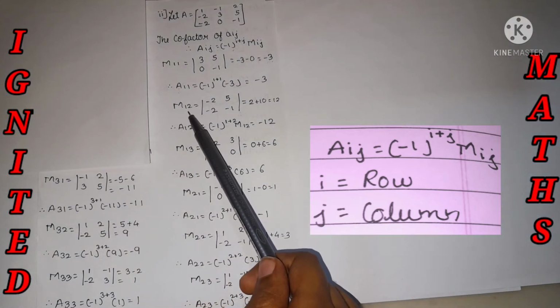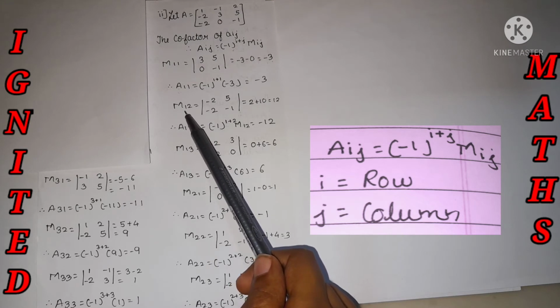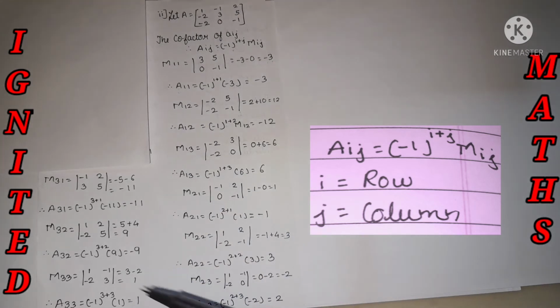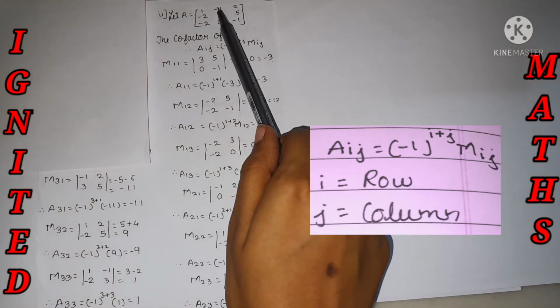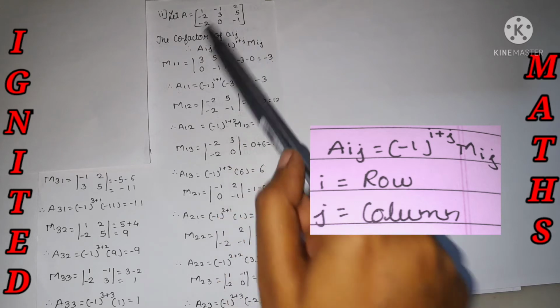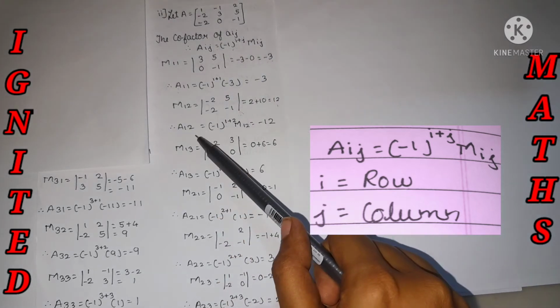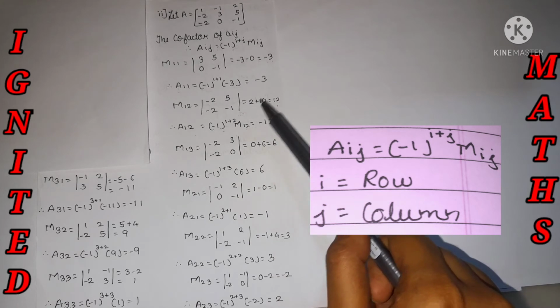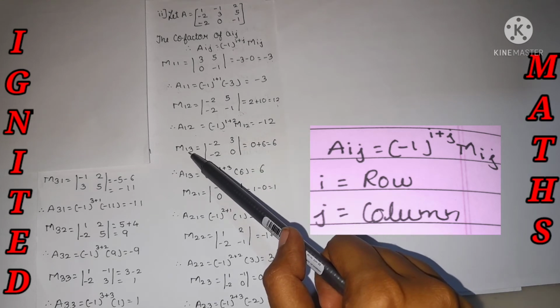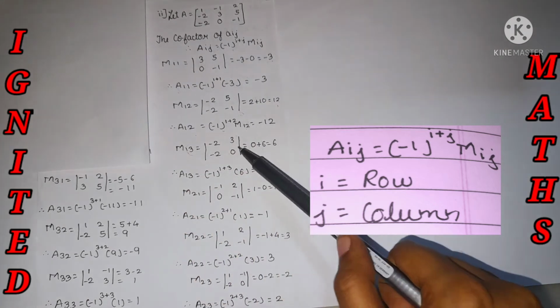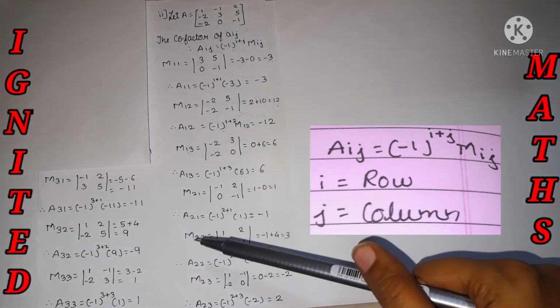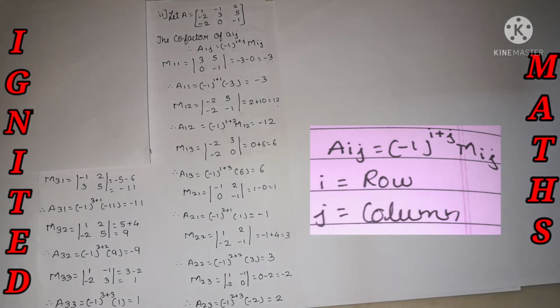And M of 1 2. Okay, for each and every element we need to find it. For that purpose I have mentioned each and every element over here. Okay, just find it. M of 1 2 is nothing but the first row and second column will be hidden, and the rest of the terms we represent and find the determinant. A12: put the formula, put the value M of 1 2, and we'll be getting the answer. M of 1 3: first row, third column, just hide it, the rest of the terms we have represented, and we got the answer. Okay, just repeat the procedure for each and every element as we can see over here. And this is for the second sub question asked.